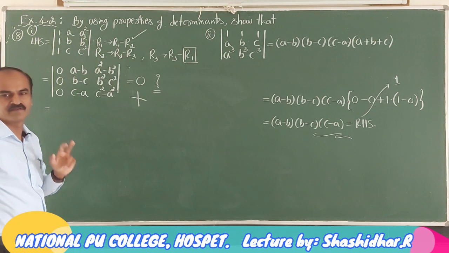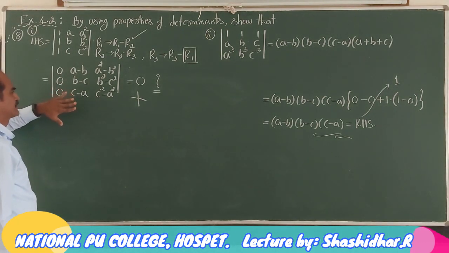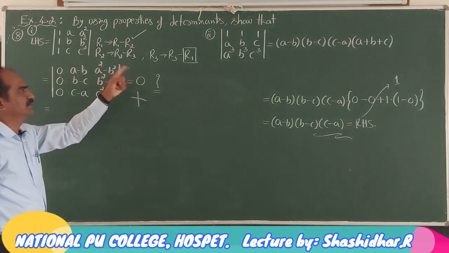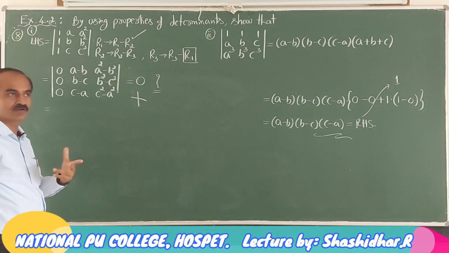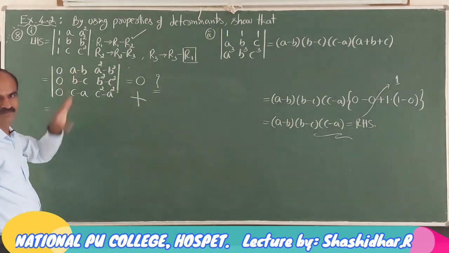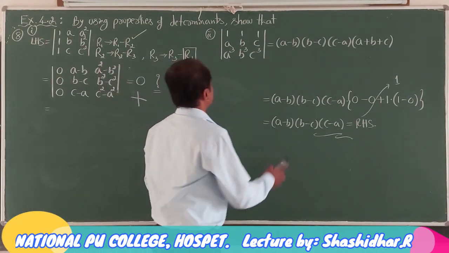That is why we avoided that. Is it clear? So therefore, this kind of mistake you should not do. Of course, you can apply more than 3 row operations or column operations at a time, but this care must be taken. I hope it is clear. Okay, now we'll move on to answering this question.